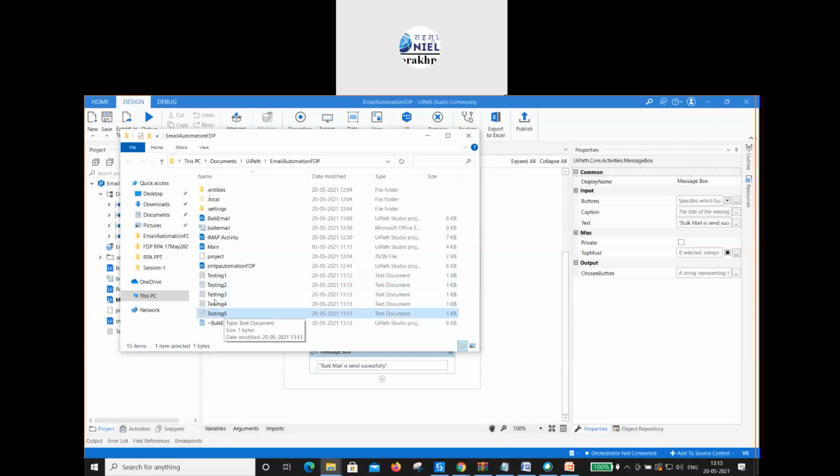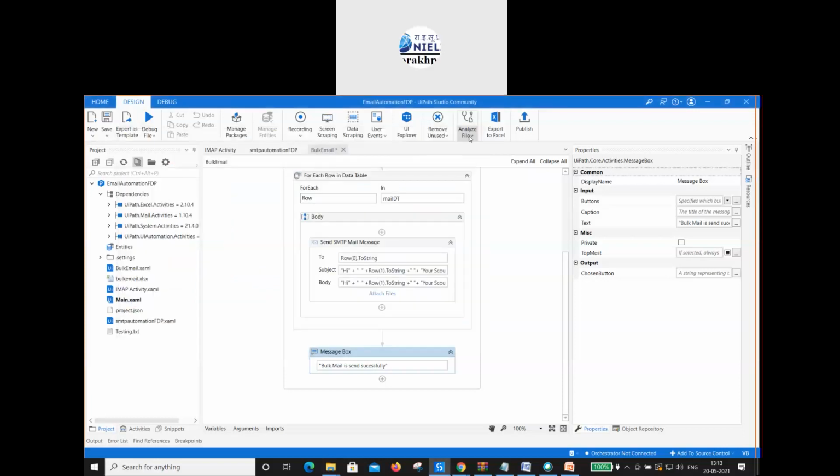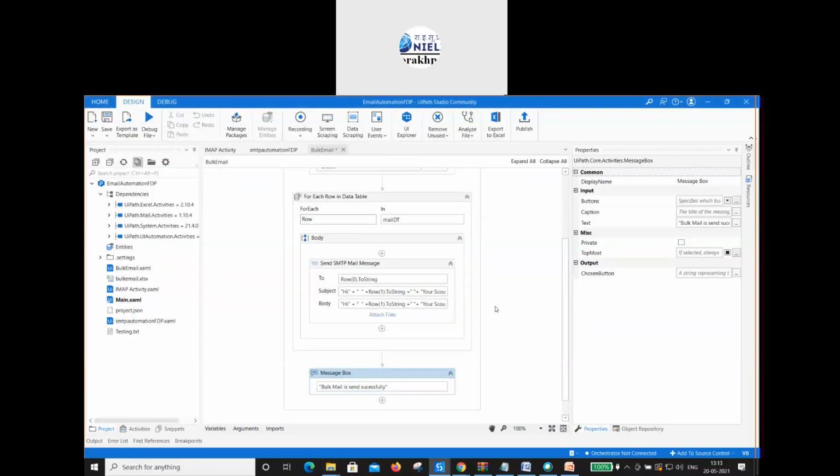As we showed here, there are different files for different persons. Suppose this file is connected with person 1, this file with person 2, this file 3, 4, and so on. So what we do, we simply go through